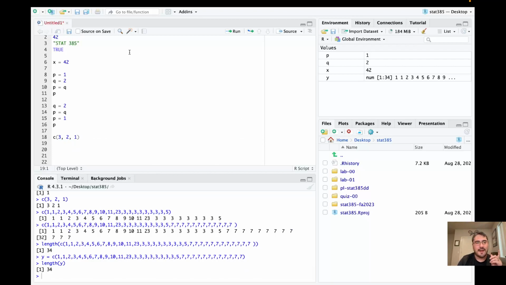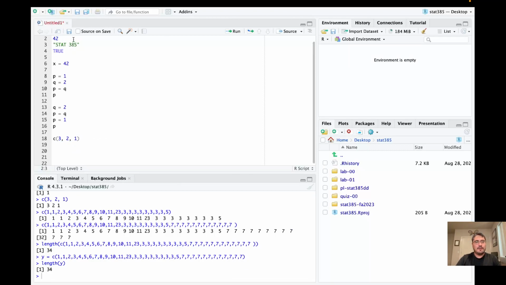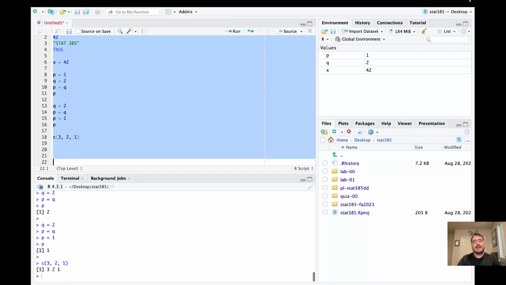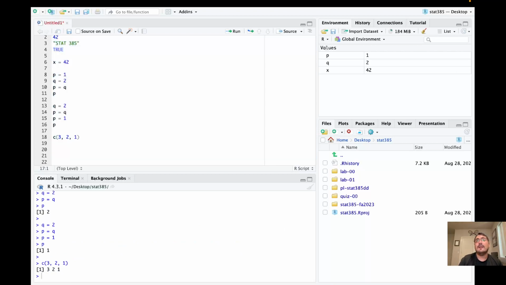Again, I don't like that. We're going to clear the global environment. All right. What I did is a keystroke, Command Shift, and then down arrow, highlight everything that I have, and then just run it. All right, so we can see how we can take numeric objects, number objects, and combine them